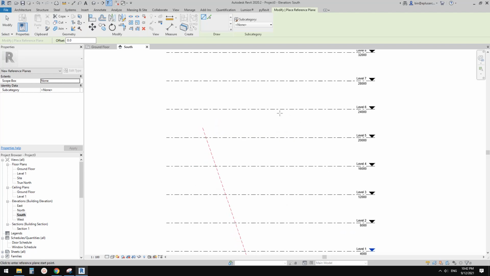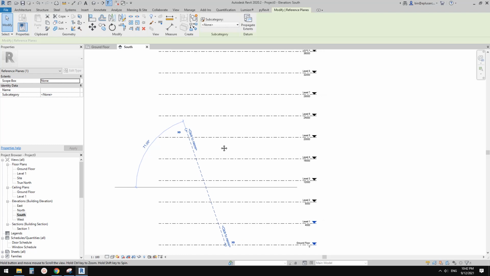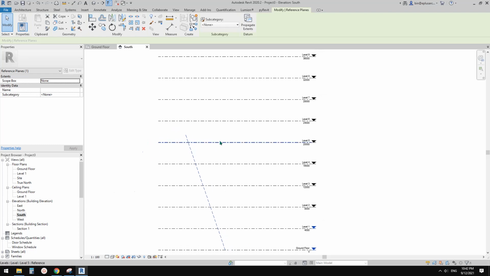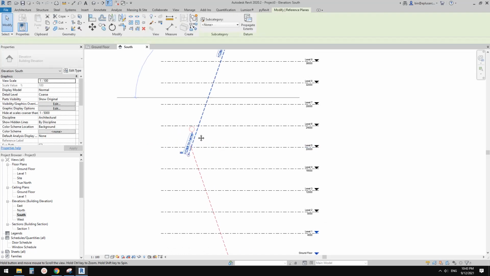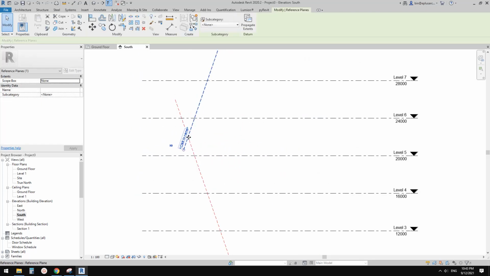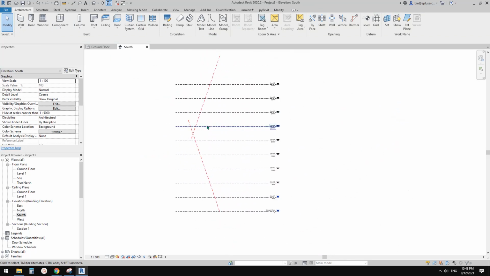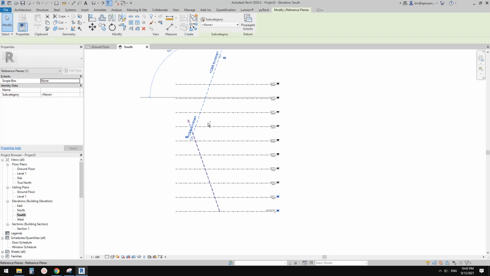So this will be 4 meters each level. So I'm going to mirror this up and move this up by 4 meters. So this will be 2 meters between these two levels, and I'm going to